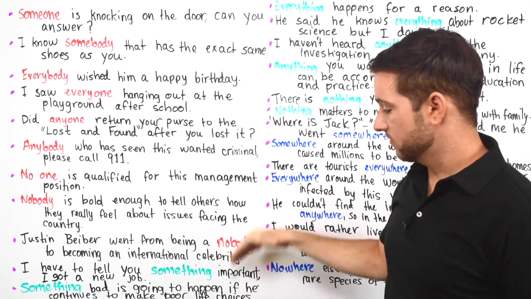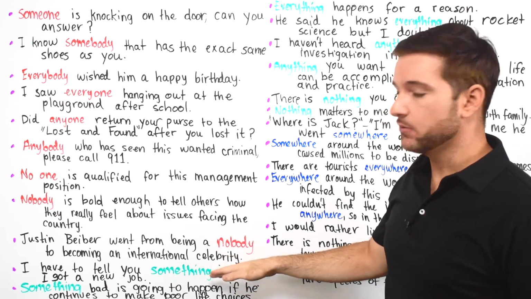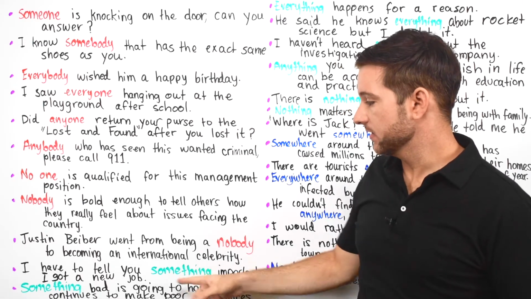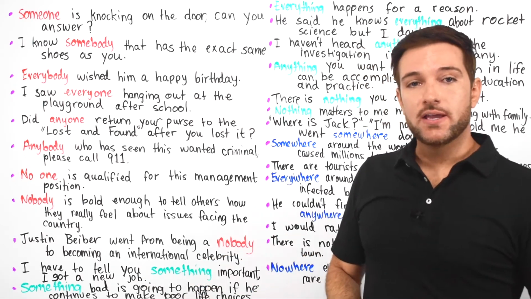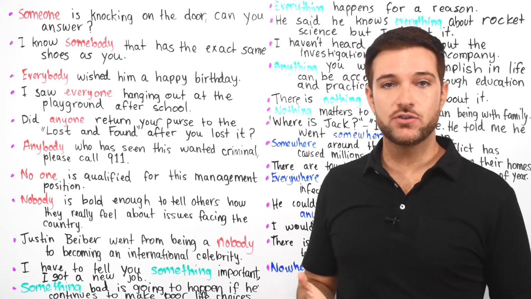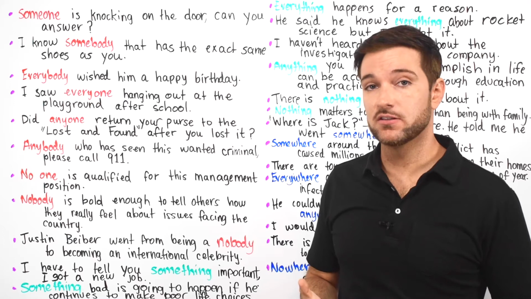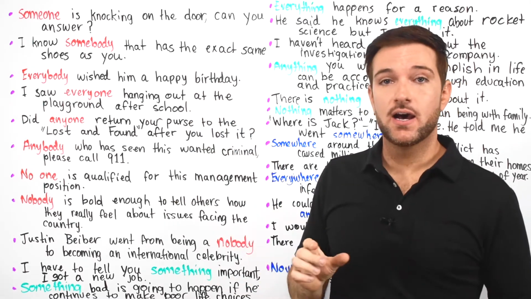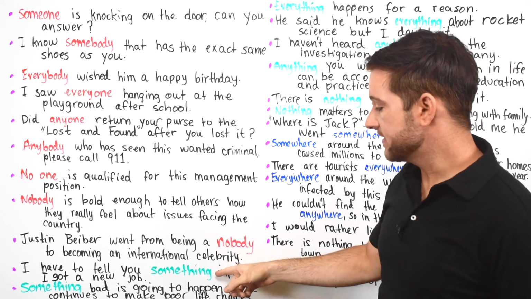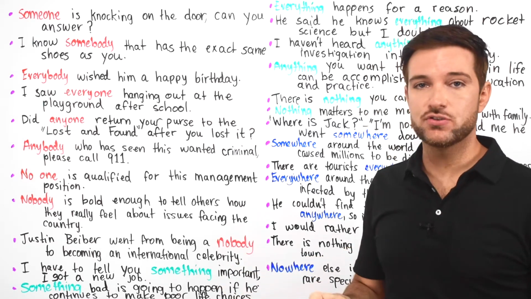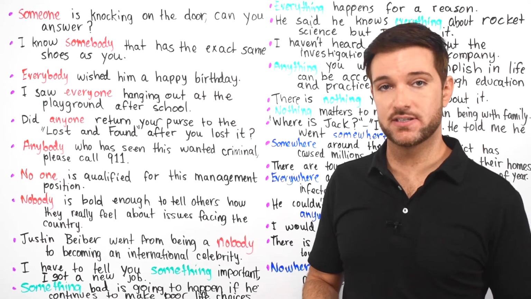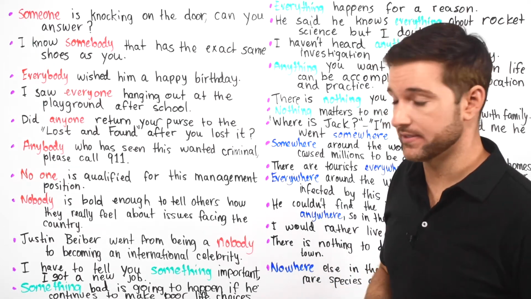Now let's go back down here because I want to talk to you about something, and let me bring your attention to this word here and that one too. When we're talking about things, there are 4 forms that we can use that are similar to the ones that we just learned up here. Let's look at some examples. Something is used to talk about a thing that is unknown, and it's generally used in positive sentences, but it's not always the case.